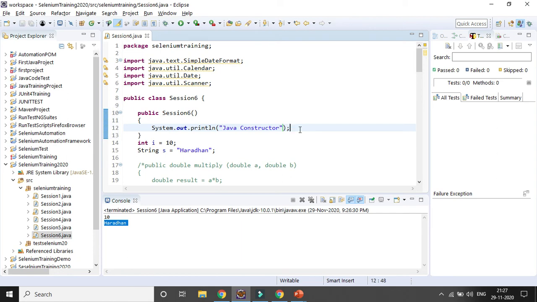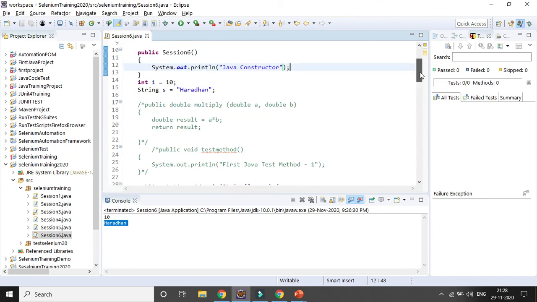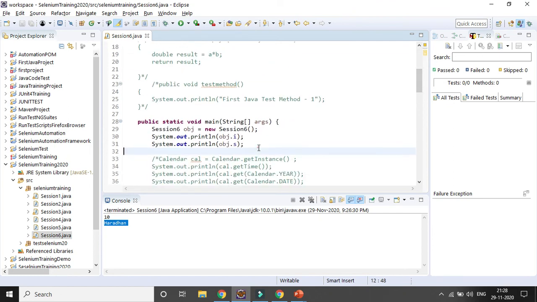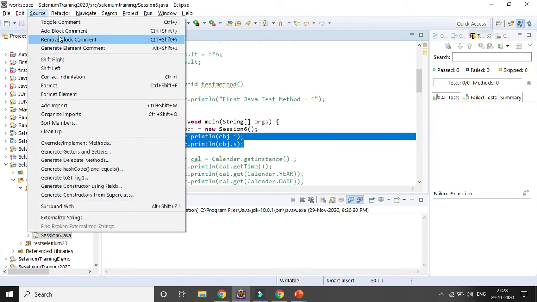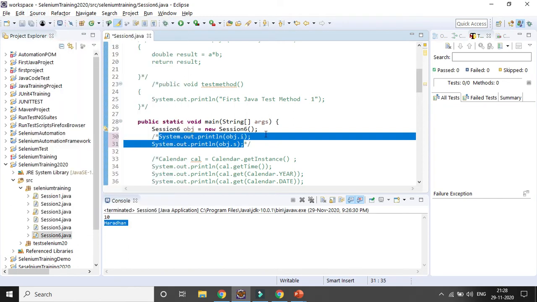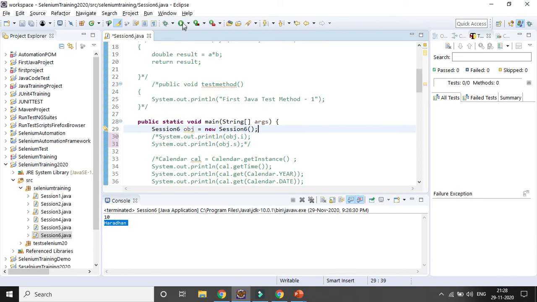If you want to use it in the main method, I simply create an object or instance. Let's comment out the code. As and when you create an object or instance, your constructor will be called immediately. Let's run the code.